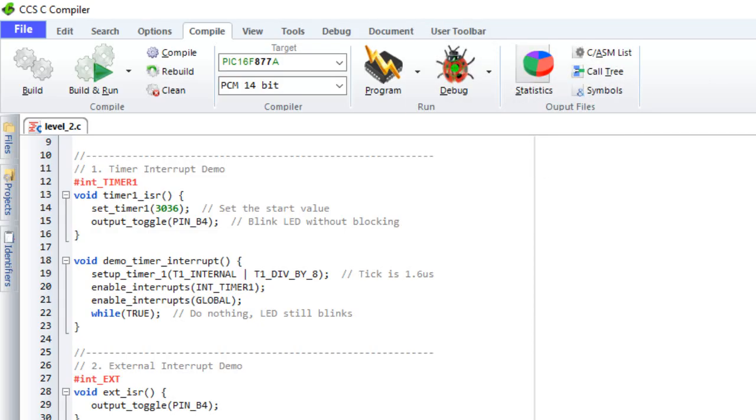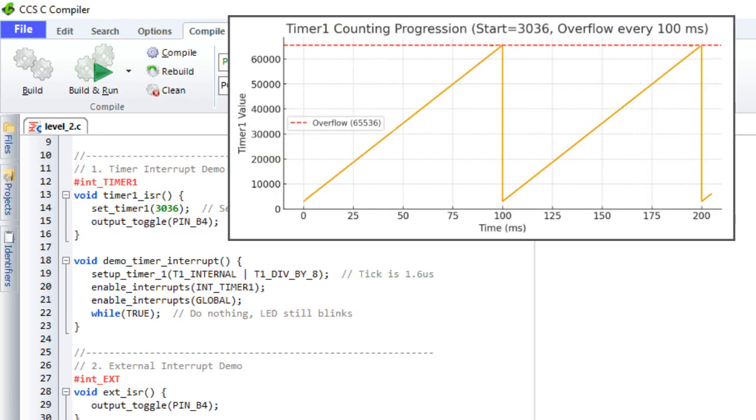The demo timer interrupt function calls the built-in function setup_timer_1 to start timer 1. The arguments configure timer 1 to use the internal clock and divide that clock by 8 to slow it down. The set_timer1 built-in function sets a specific time interval. The number passed in is the start value. Because timer 1 is a 16-bit timer, the value goes up to